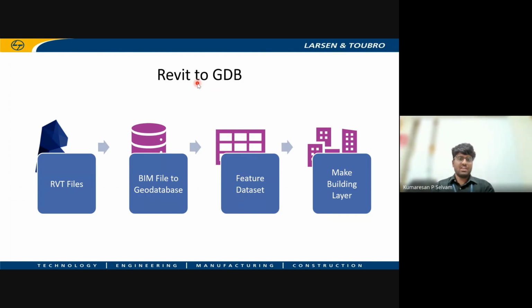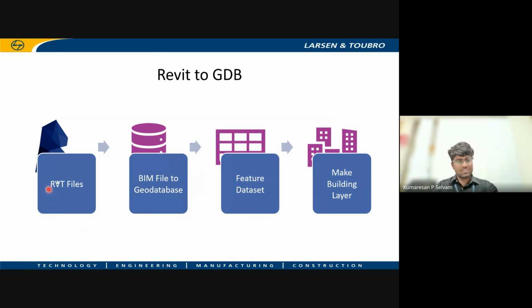And Revit to GDB. This is a common methodology followed in RGAS software, because we are using RGAS software in L&T construction. So this is the methodology which we are following in RGAS software to bring in the Revit model, that is a BIM model, into that GIS platform.